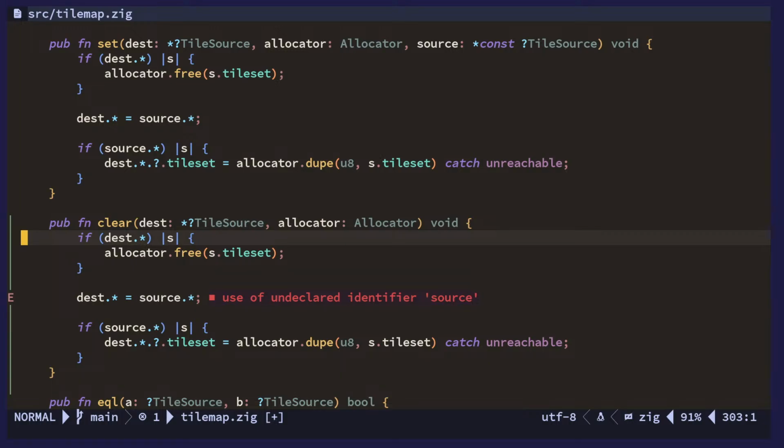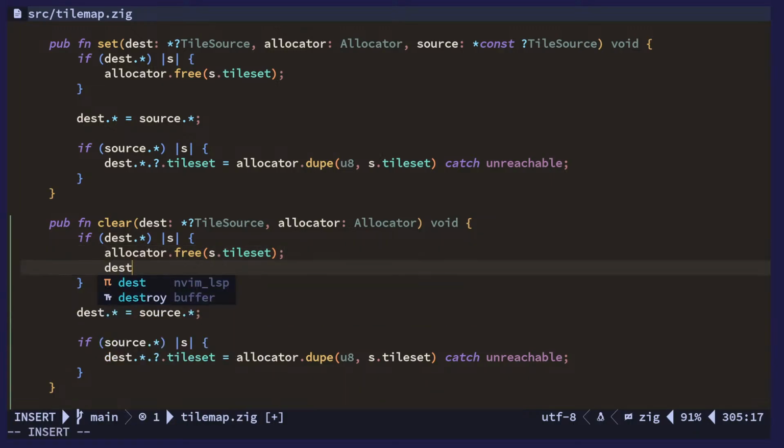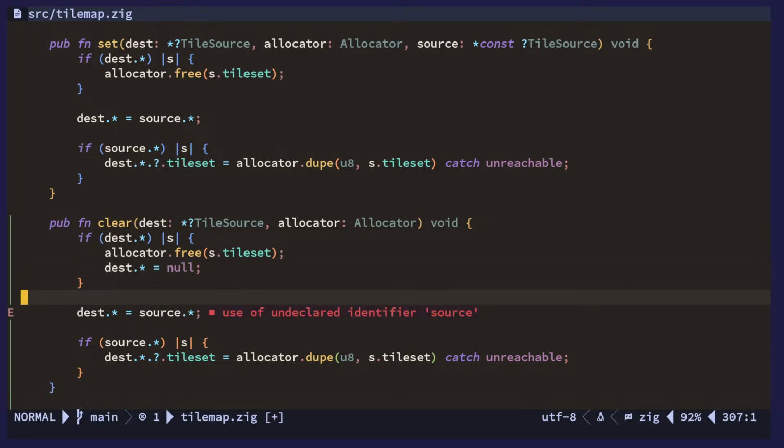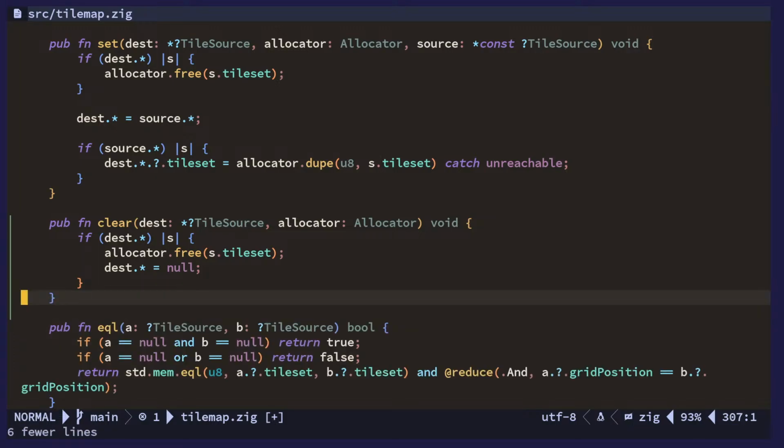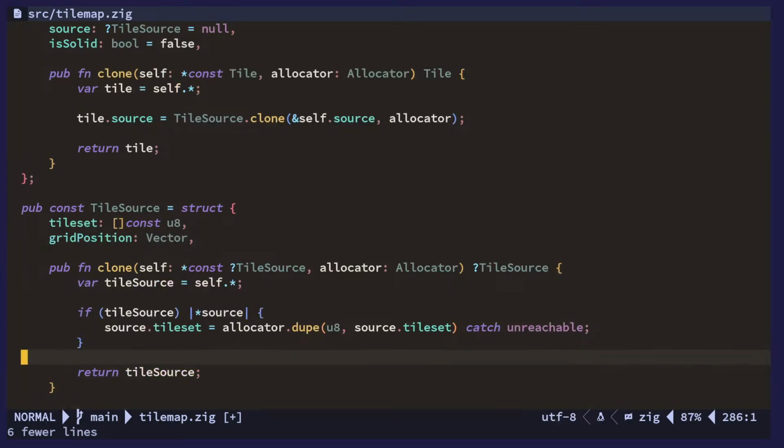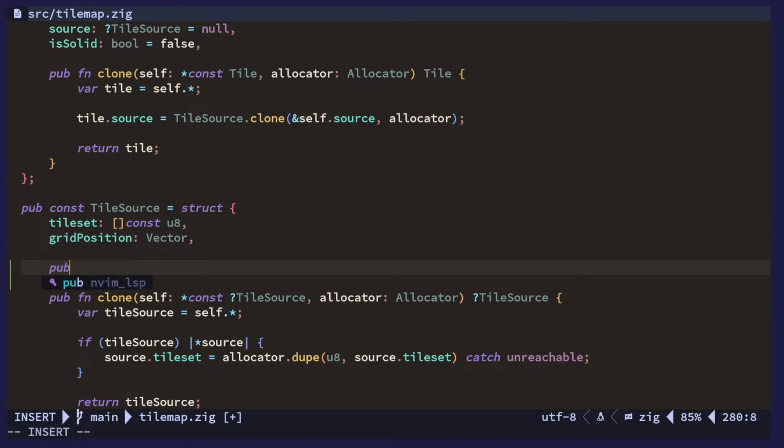Okay, so if it has something, we free it, and we also set this to null. Because it doesn't have a deinitialize itself. Well, I guess, yeah. Should probably have that. Instead,